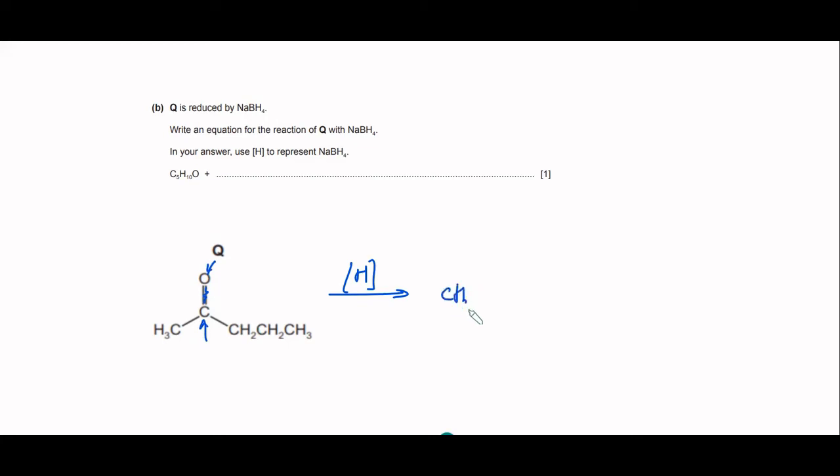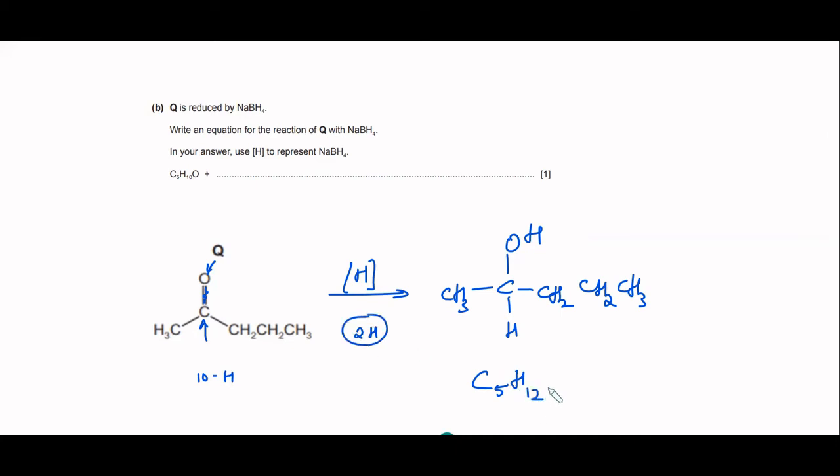So the product is CH3, COH, H, CH2, CH2, CH3. The rest of the molecule remains the same. Two extra hydrogens are added. So this will be C5 hydrogen. Previously there were 10 hydrogens in this. Two more are added here, so this will be 12. Oxygen number doesn't change, O. So here I can write